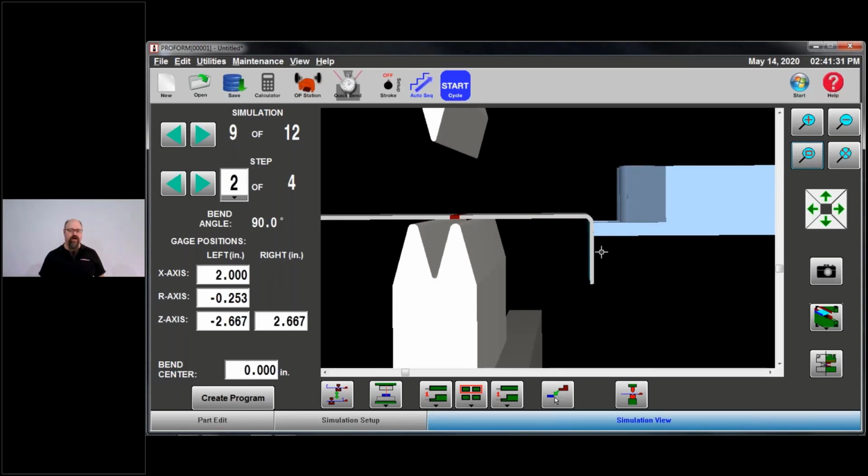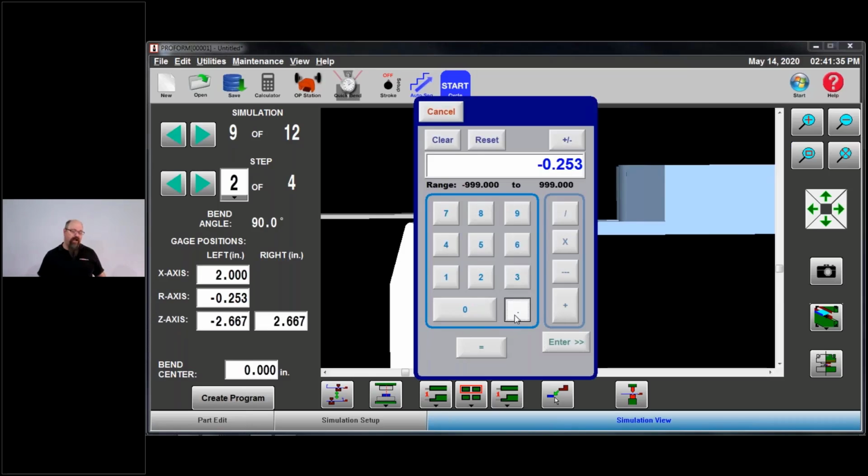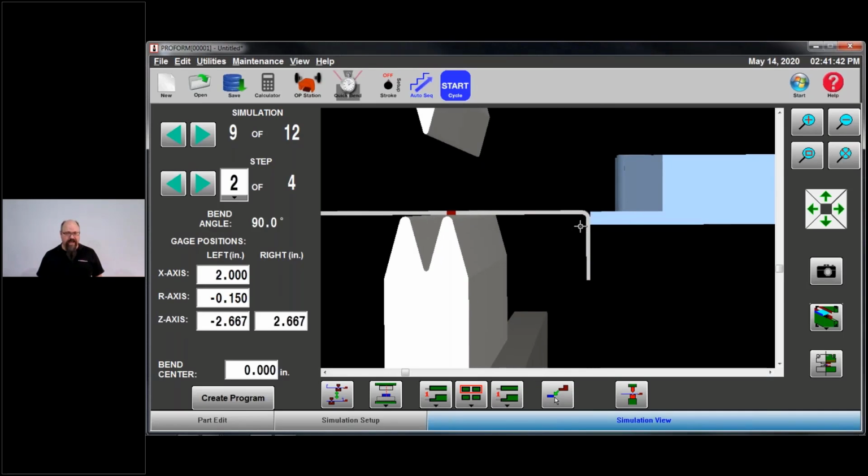So I don't want to be right on that flat. So I'm actually going to bring that up to about a 0.15 negative. And you can see, so now I'm right at the corner of the bend and I'm on the flat. I'm not completely on the flat and I'm not in the radius. I'm at the intersection between where the radius starts and where the flat begins. That's where I want to be.